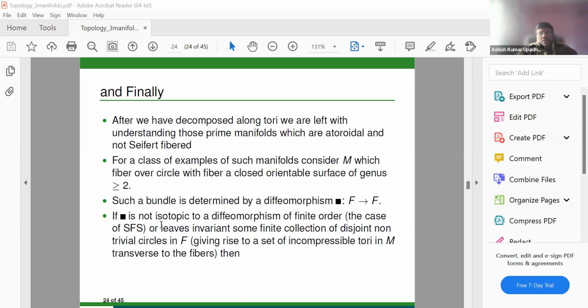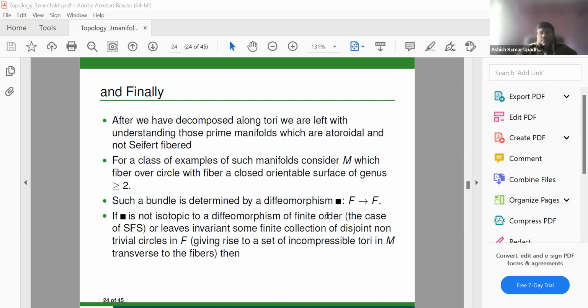So moving further, such a structure which we form by taking the Cartesian product and gluing is generally called a bundle. This is determined by a diffeomorphism. Diffeomorphism means a homeomorphism which is differentiable, with the inverse also being smooth. F denotes the surface, so a diffeomorphism from the surface to itself. If this diffeomorphism is not isotopic to a, this is some technical term for those who may know this,